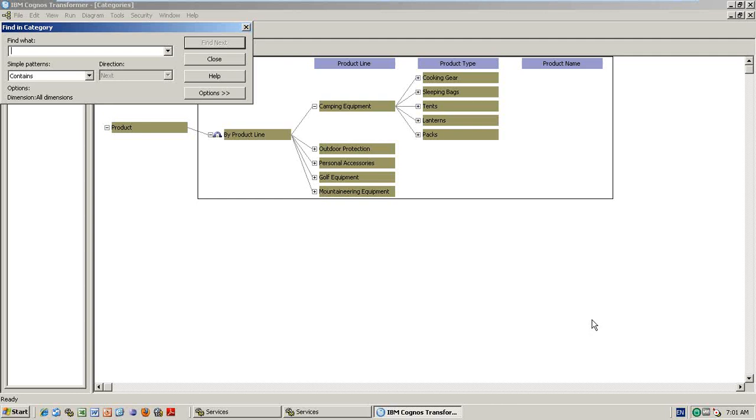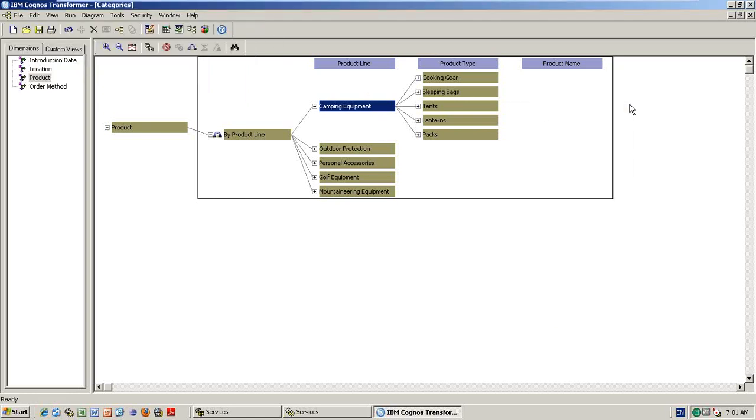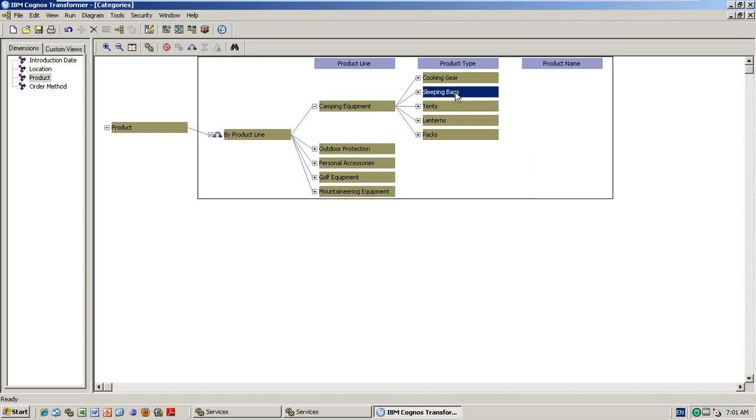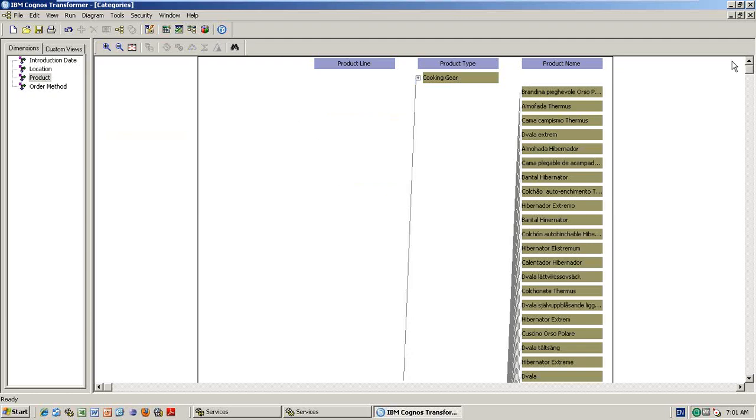Find category means, as I told, right? Camp means whatever things are available, camping equipment, it will highlight. Now, what do you mean by hide and show? For example, sleeping bags I don't want in the cube. Hide and show. See?